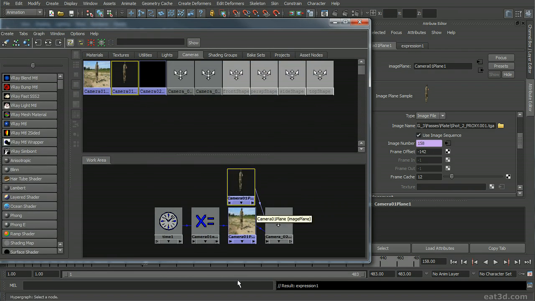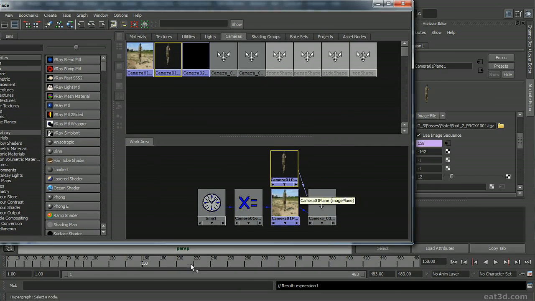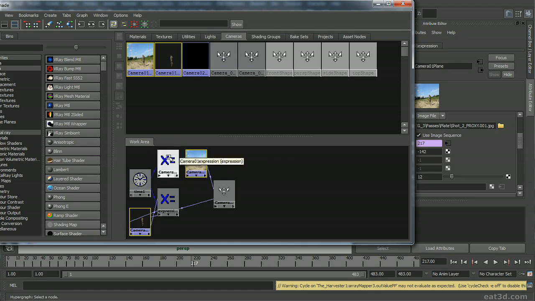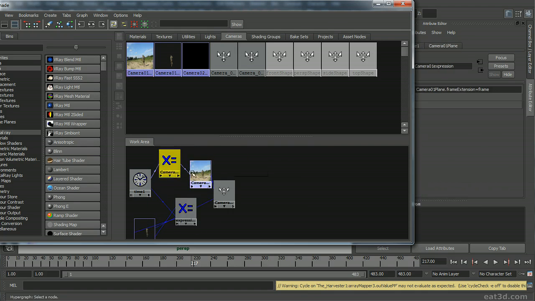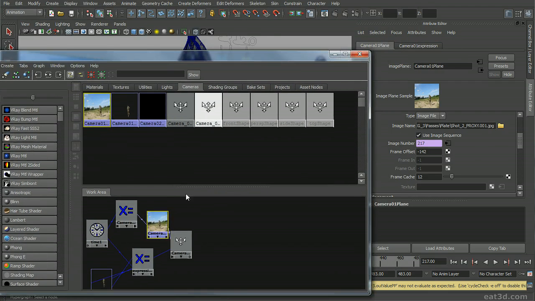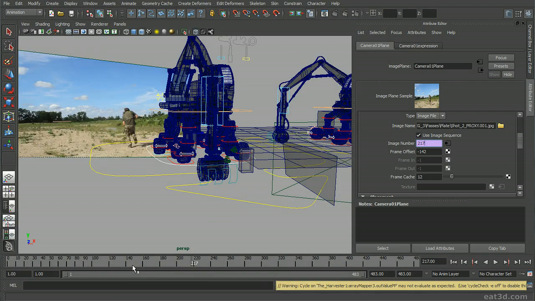As you can see here, these two are synced up. Let's go ahead and play through. Watch for the animation. They should be exactly the same. That's what you want to do before you jump in here and start going to work. Now, if I grab this and this right here, and I say graph input output, you can see now each one has a time figure attached with an expression that correctly works. So what I want to do now is jump back to frame 143 where all the